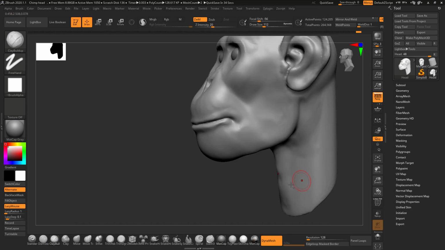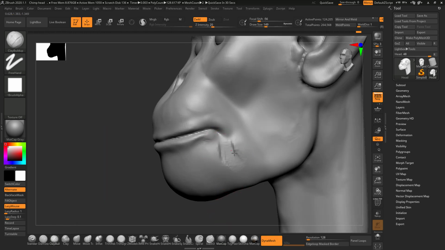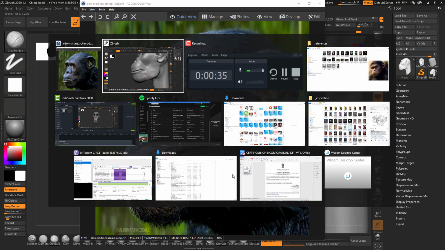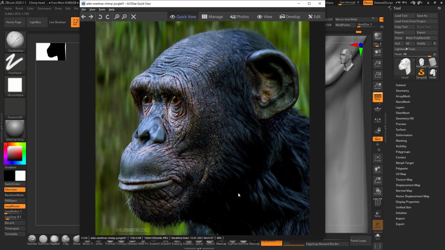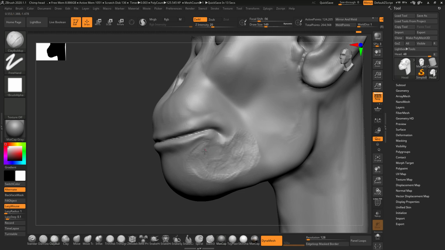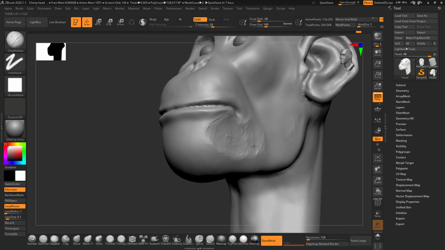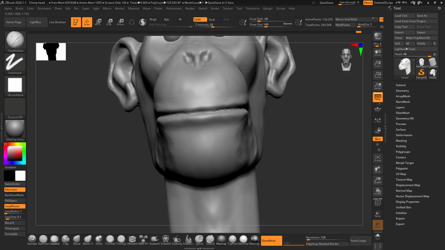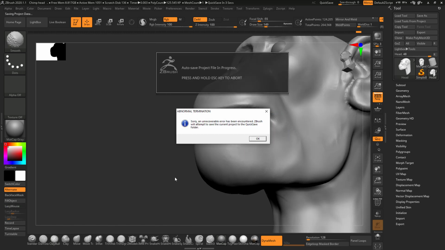The lower lip, lower jaw is still looking a bit broad to me, so I'm just going to reduce the volume here a bit. Okay, I think this is